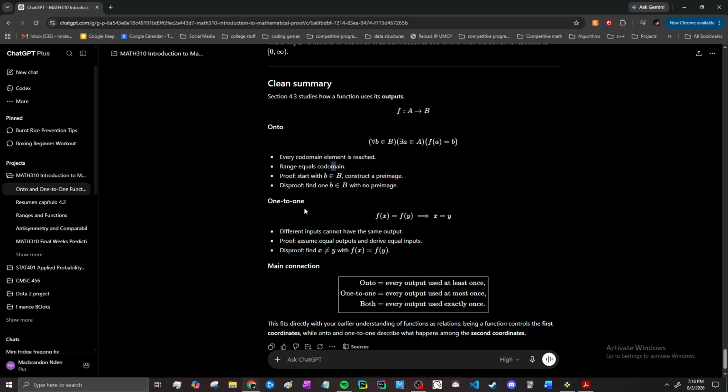So onto, for the most part, what I'm getting from onto is alright. There can be 3 elements in A and 2 elements in B, as long as those 2 elements from B are mapped to A, it's onto. For 1 to 1,